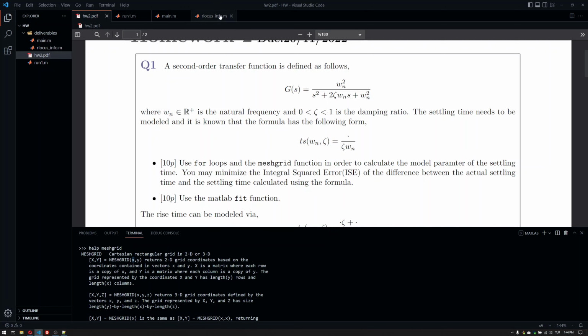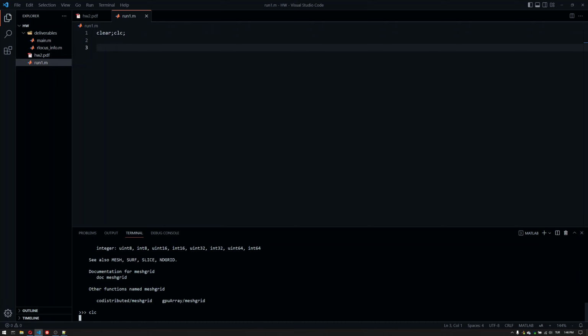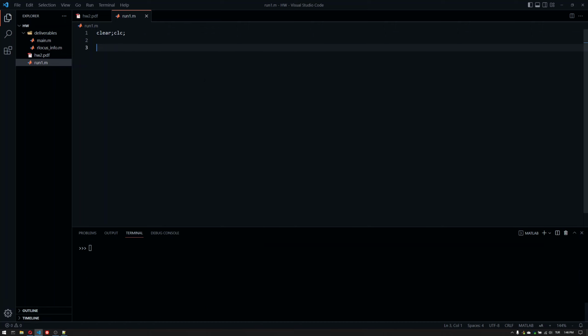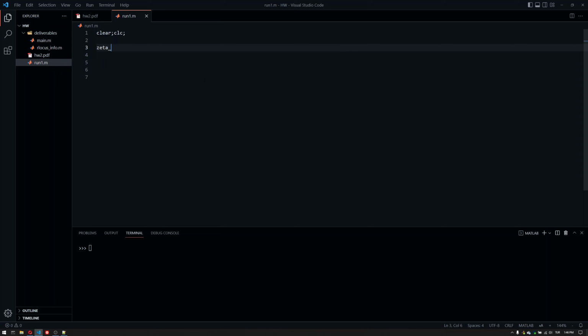So let's first create this. Now, we know that zeta will be between 0 and 1. So let's create the zeta values here. And let's start with 0.1 with 0.1 steps up to 0.9. We can increase that, but I'm going to stick with that. So this is zeta. Zeta is basically the